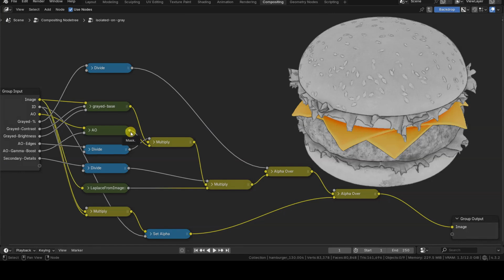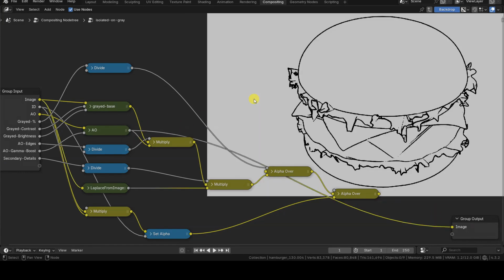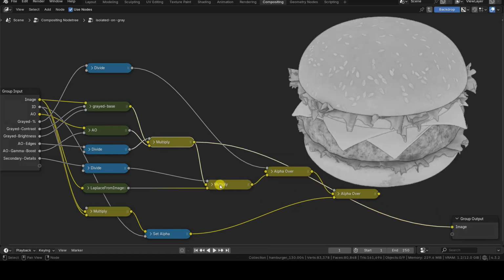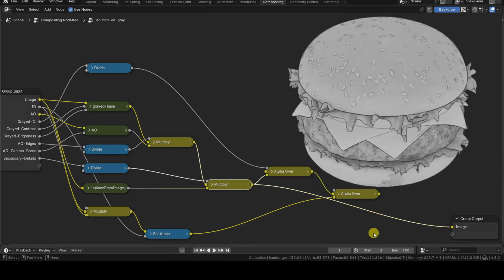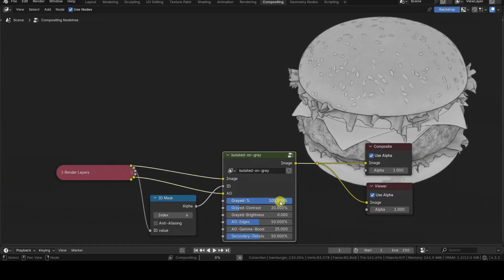Before analyzing them in detail, I'll mention that these subgroups generate black and white masks that are sequentially multiplied with a grayscale rendering. Multiplying an image by another grayscale image effectively darkens the original image in areas where the second image is progressively darker. The divide nodes you see before the factor inputs of the multiplications are simply used to bring the input values back into the 0 to 1 range, since I expressed them as percentages for easier usability. With that said, let's examine the two remaining subgroups in detail.